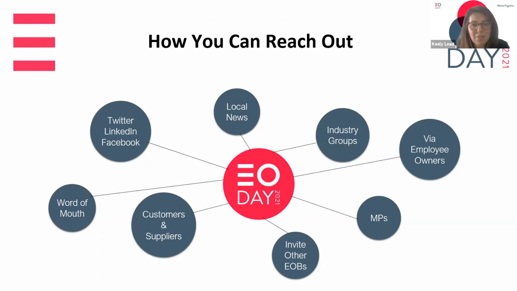If none of that sounds right for you, you could just set your business a challenge. It's the 9th year of EO Day. So why don't you commit to just telling 9 different people about EO Day and why your business is better together, and reach out and let them know that you're there. There's always social media, but I'm going to let Ross talk about that in a moment.